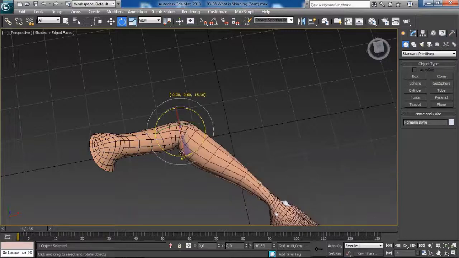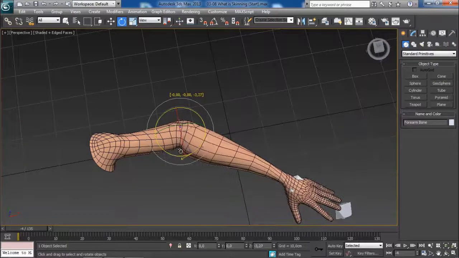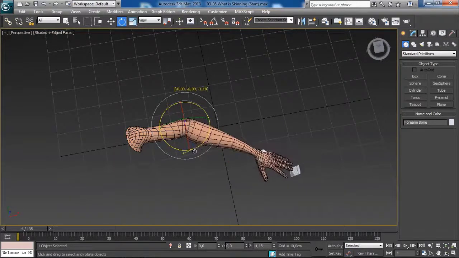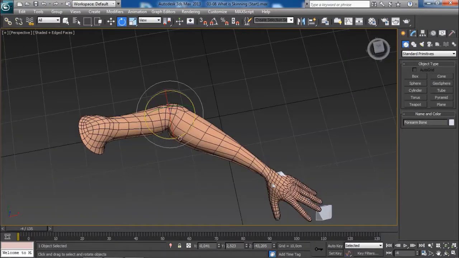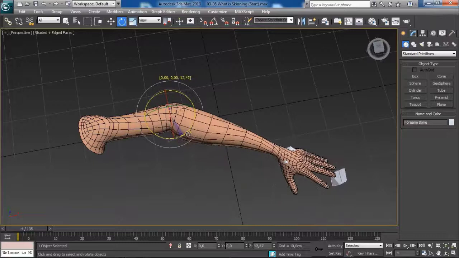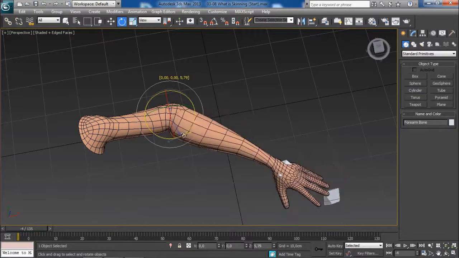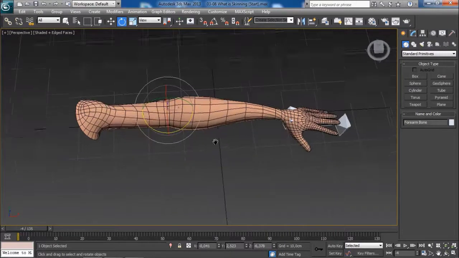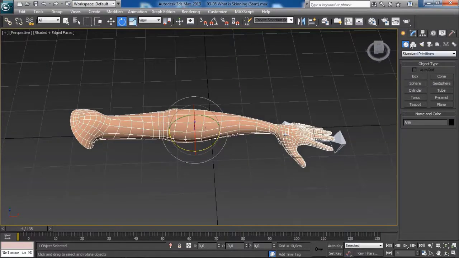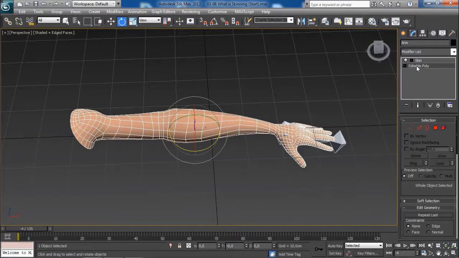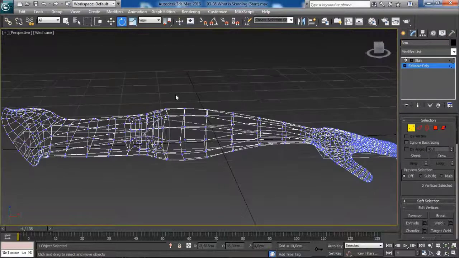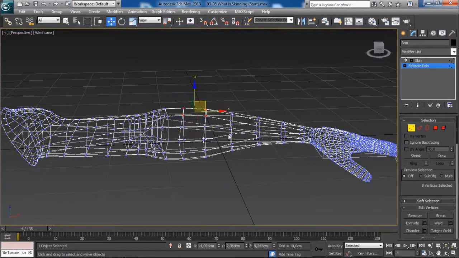Okay, and now you may be asking yourself, how is this working? How are we getting this kind of result? Well, you can think of the skinning process sort of like parenting. And to show you exactly what I'm talking about, if I select, for instance, the mesh or the arm model, and from the Modify tab under Editable Poly in the vertex subobject mode, I now select, for instance, these vertices right over here